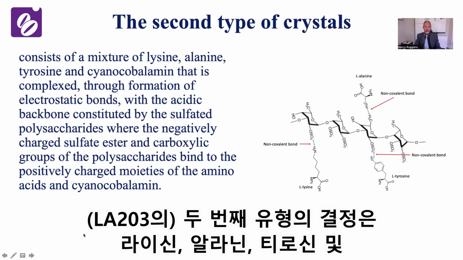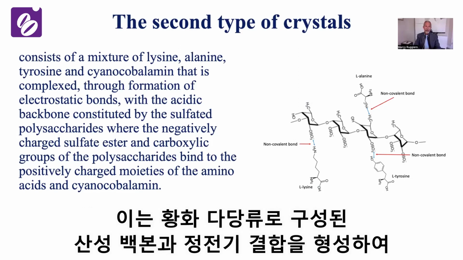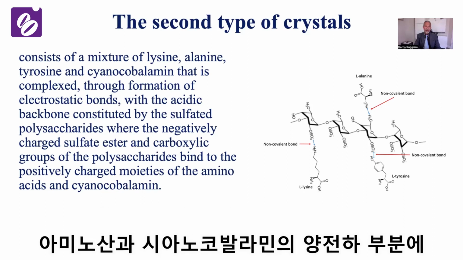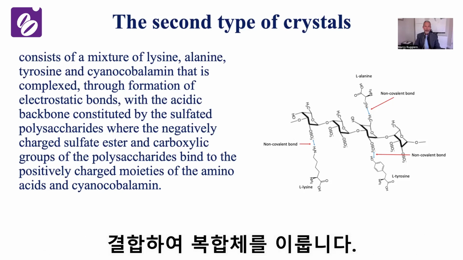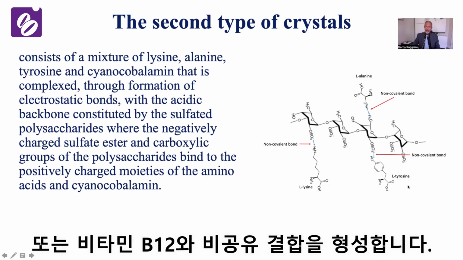The second type of crystals consists of a mixture of lysine, alanine, tyrosine, and cyanocobalamin, or vitamin B12, that is complexed through formation of electrostatic bonds with the acidic backbone constituted by the sulfated polysaccharides, where the negatively charged sulfate ester and the carboxylic groups of the polysaccharides bind to the positively charged moieties of the amino acids and cyanocobalamin. So this is the backbone of the polysaccharides, and these are the non-covalent bonds with the amino acids alanine, tyrosine,